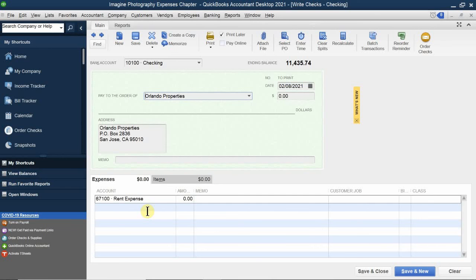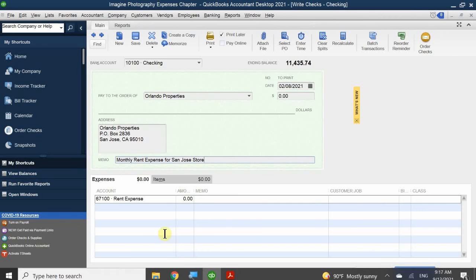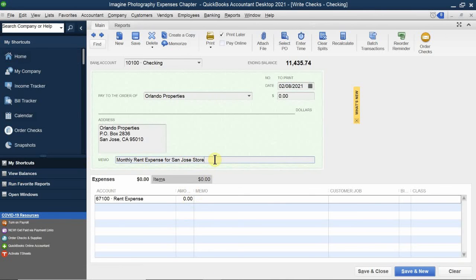So you could say in the memo, the memo is whatever you want to say in here. So I could say monthly rent expense for San Jose store, whatever you want to put in here. This one doesn't have to match the book. You could say whatever you like here. And again, the memo could be the same. You could also use the copy and paste feature, so using your keyboard, Control C to copy it,